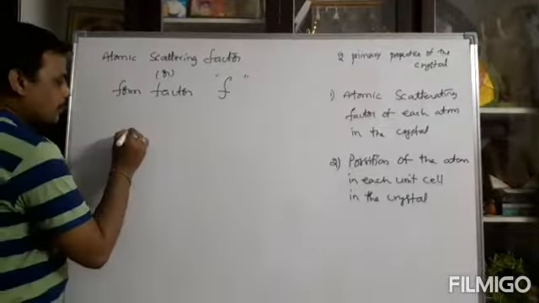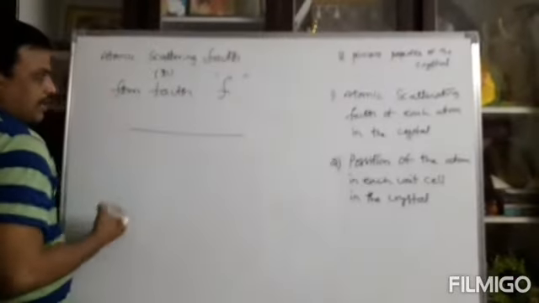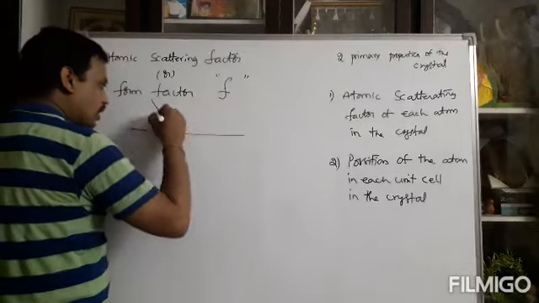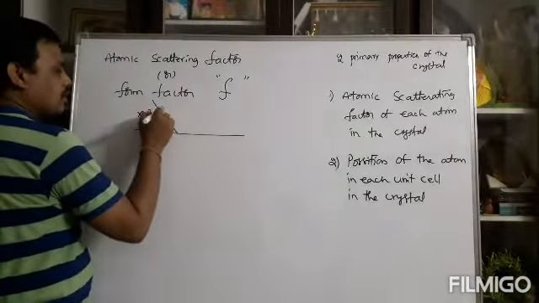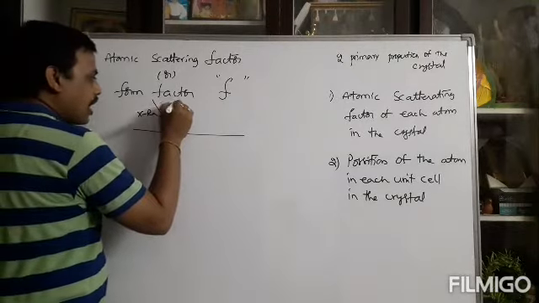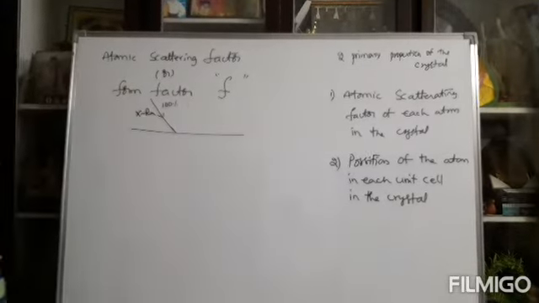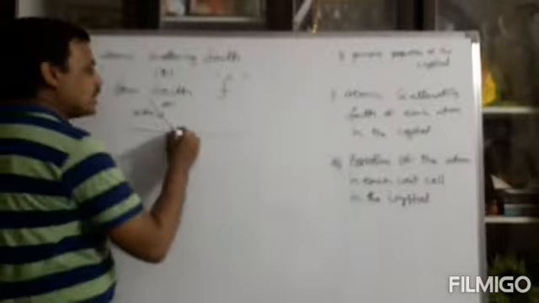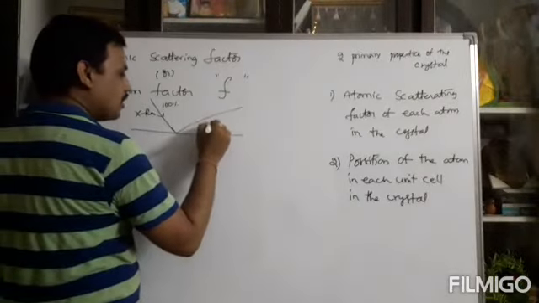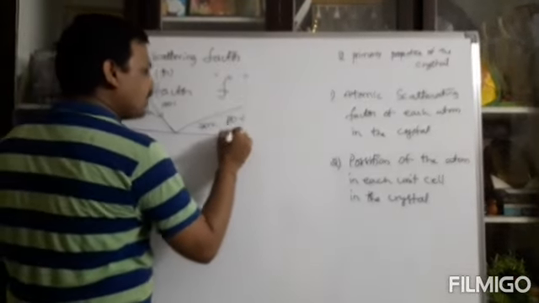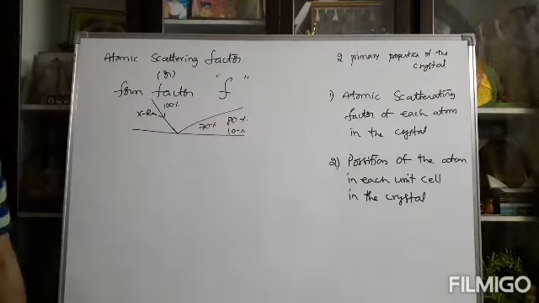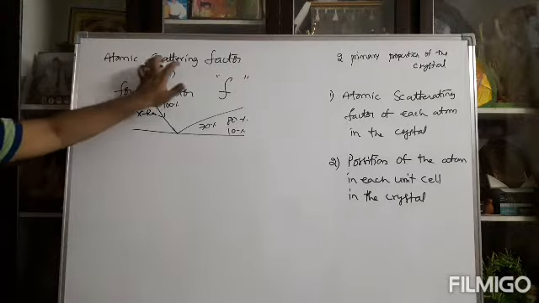Like this. Suppose I have the one lattice point plane. I am inciding on the X-ray like this. I am taking 100% of intensity inciding on the X-ray. How much amount is scattered? Like 70%, otherwise 80%, only 10% amount of intensity is scattered. That how much amount is scattered is explained on the basis of atomic scattering factor, otherwise which is simply